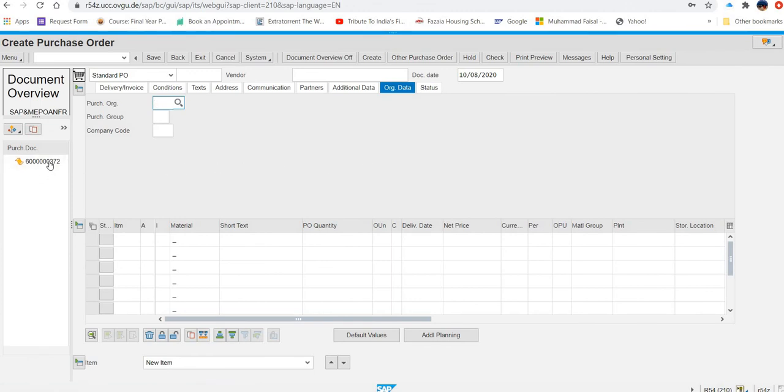Once you execute this, on the right side you will receive purchase documents. If you want to expand this, you can do the change breakdown structure. Select vendor name. If I double click on it, let's see what happens.